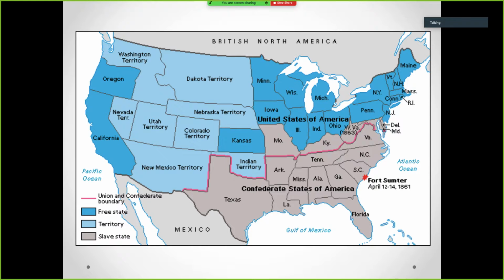Oh, it'll be just part of the free. This is Washington, D.C. Maryland is slave. Virginia is slave, but Maryland stays loyal. What if Maryland decides to go into the Confederacy? Where's the capital of the United States located? In the Confederacy. How's that work? Would you put the capital of the United States in Mexico? That wouldn't make any sense at all to have the capital of your country in another country.